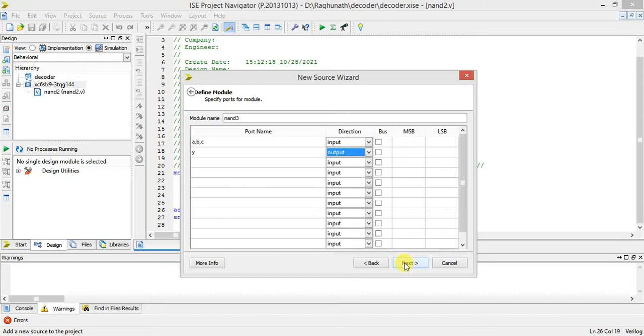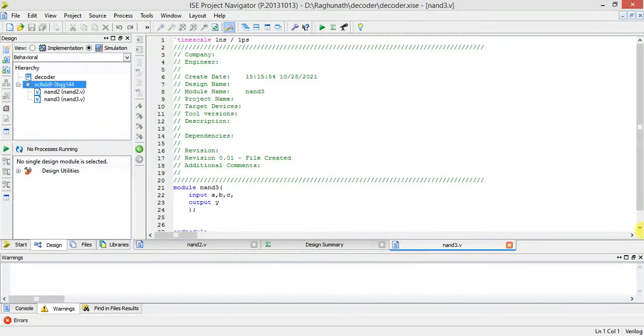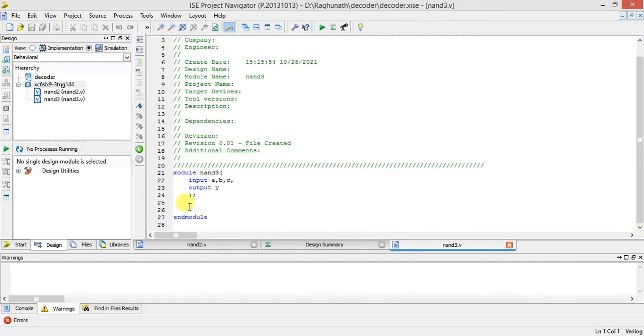Click OK, next. Again go to the last line and write assign Y is equal to not of A and B and C, close bracket.